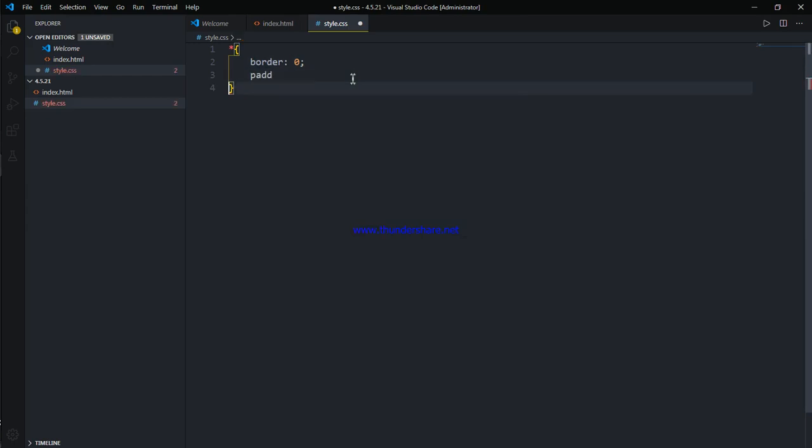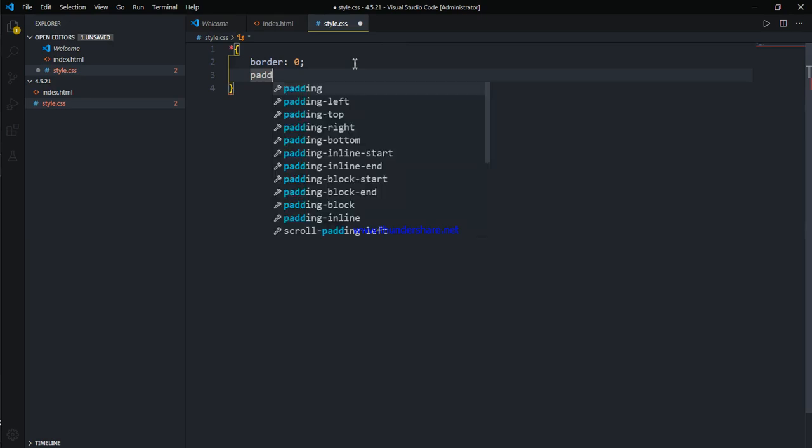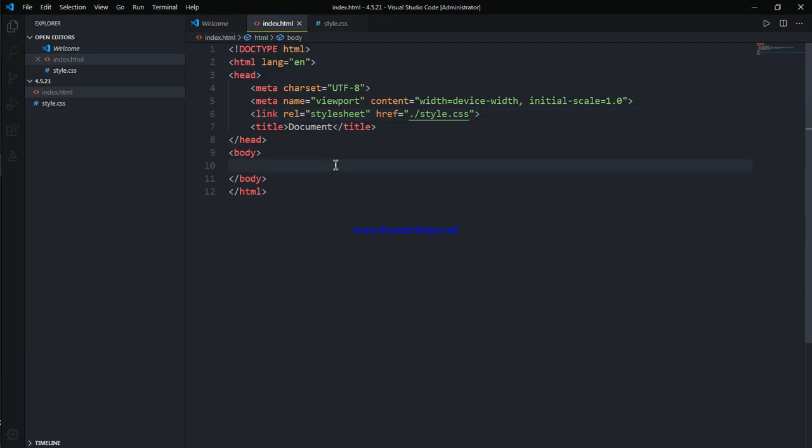border 0, padding 0. And here we will start with a section. We will add a class named container.